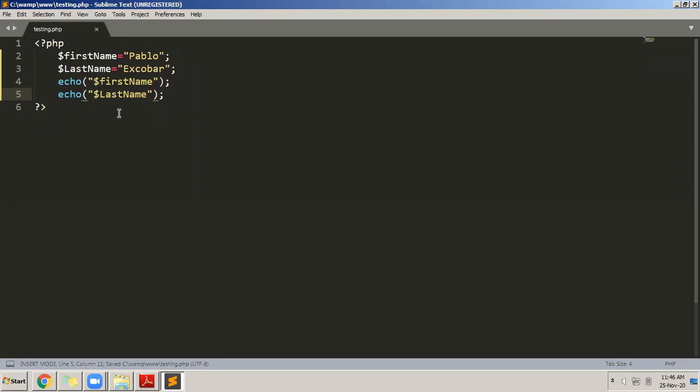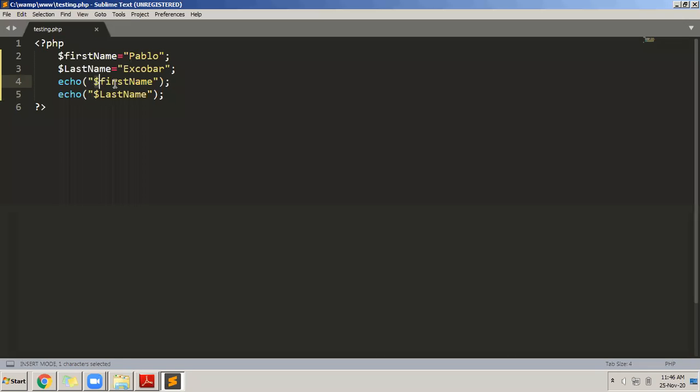What will happen if I put the variable name in double quotes? Remember, it is in double quotes right now. So I save the program, file save, and then I refresh. You can see that it still displays me Pablo Escobar. It's because when you write the name of the variable in double quotes, the string inside the double quotes will not get displayed as it is, but the value of that variable will be substituted in that string. For example, if I write in double quotes, the